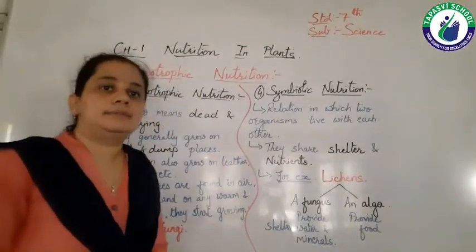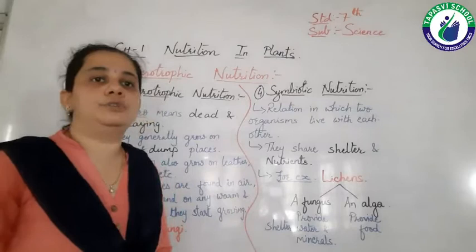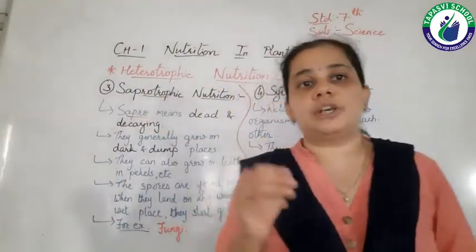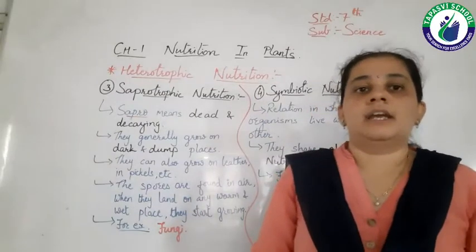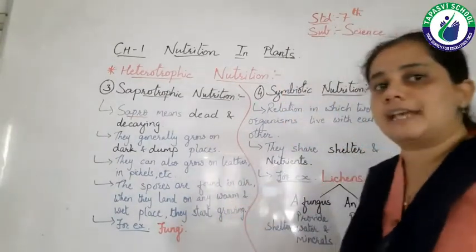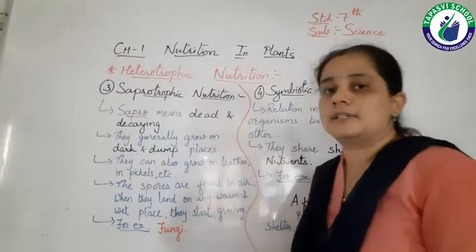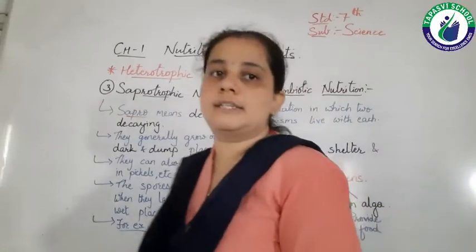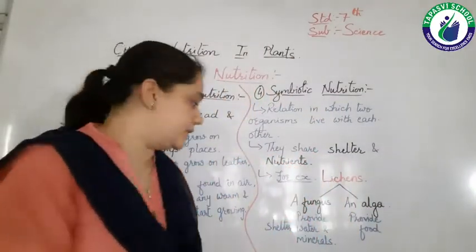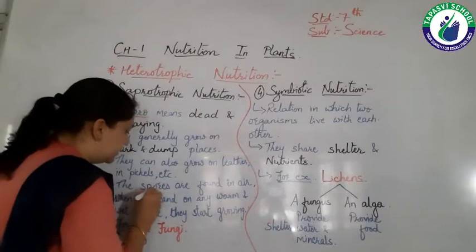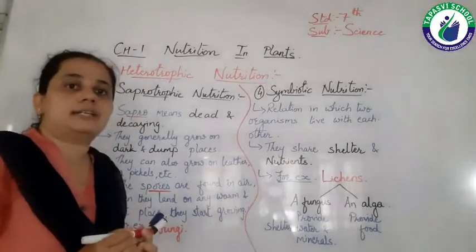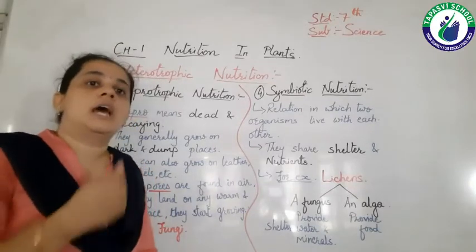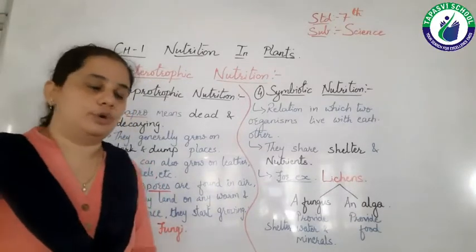Generally this type of saprotrophs we can find especially in the rainy season, right? They can be seen in pickles as well as on leather also. The spores of fungus are generally found. Now what are spores? Spores are nothing but the reproductive structures of fungus, which means from the spores other fungus can grow, right?